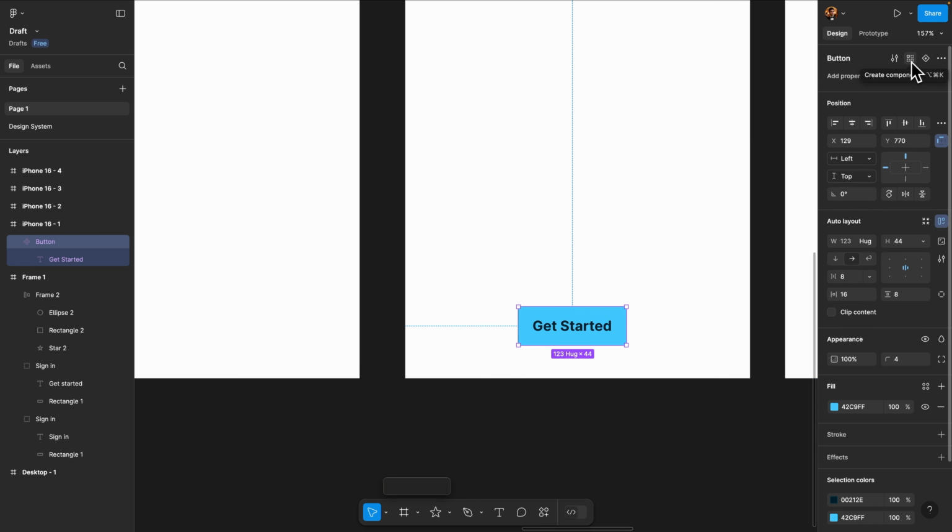As soon as I do that, the boundaries turn purple, and it turns purple right here in the layers list as well. The icons change too. Now we have this unique icon which represents a component. Before I show you how you can create instances of your component, let me show you where this component is